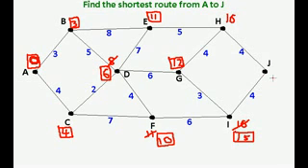15 and 4 is 19. Okay. Box 16 because that's the next one to consider. 16 and 4 is 20, which isn't better than 19. And finally, just box the final number, 19. So the shortest route from A to J has a value of 19, but we also need to actually write